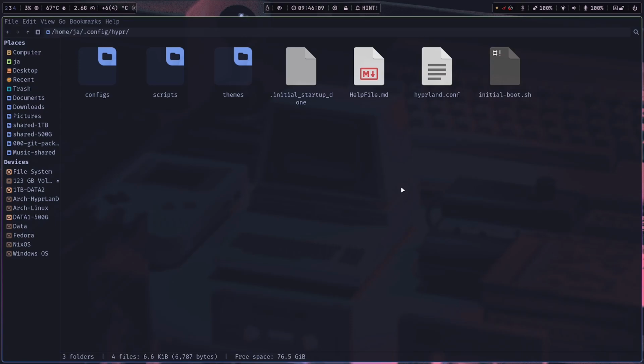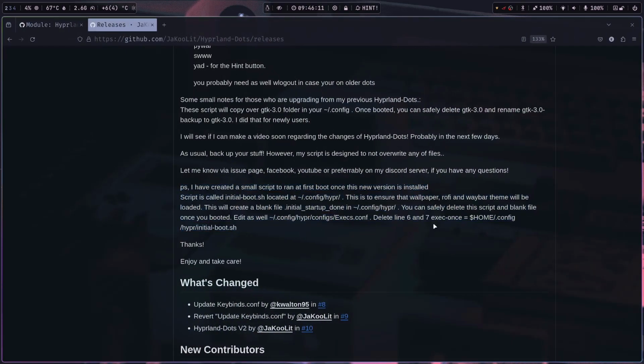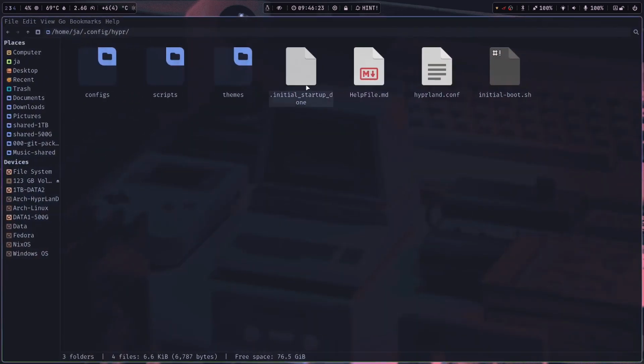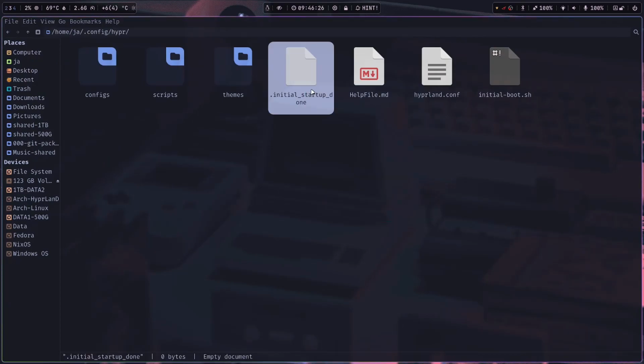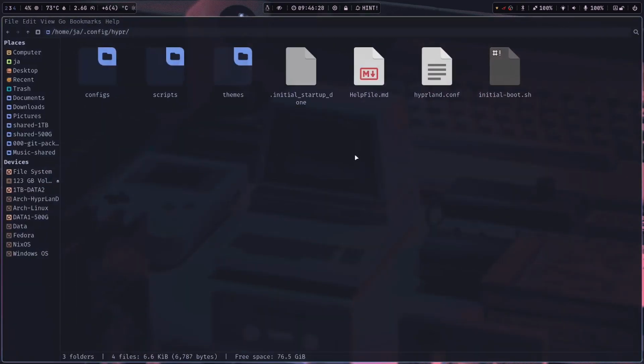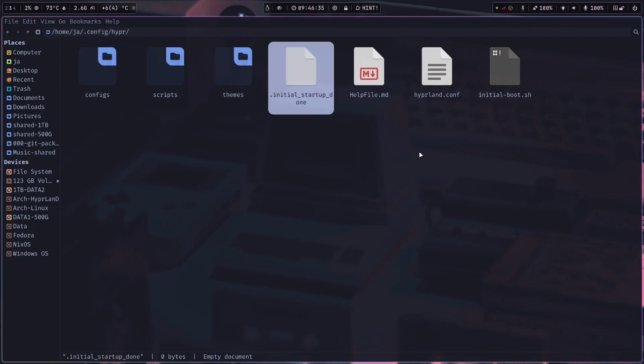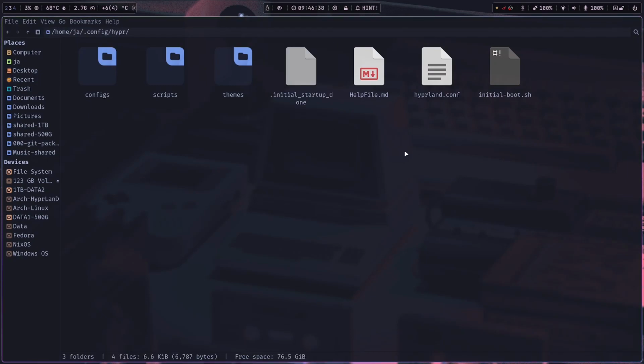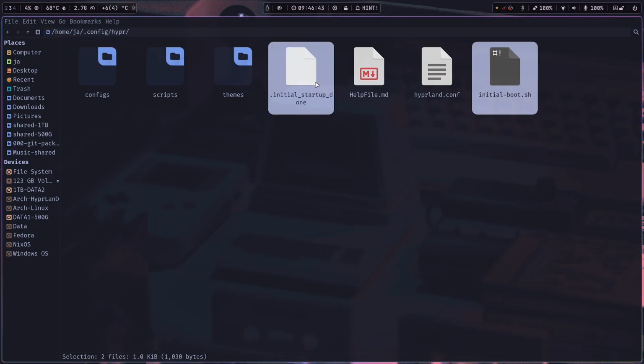So after that, I believe I also mentioned here, after you have logged into this new Hyprland dots, you can safely delete this script and a blank file. This is the blank file that is meant to be created. Now this is only intended at first run, so that's why it needs a reference point. So once you have installed or logged in, you can delete this too. I'm gonna delete now,